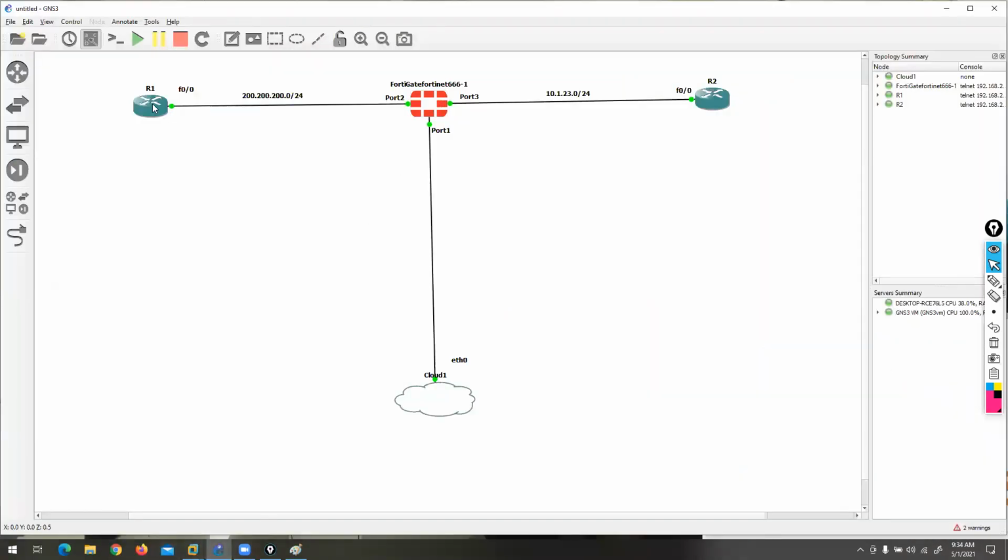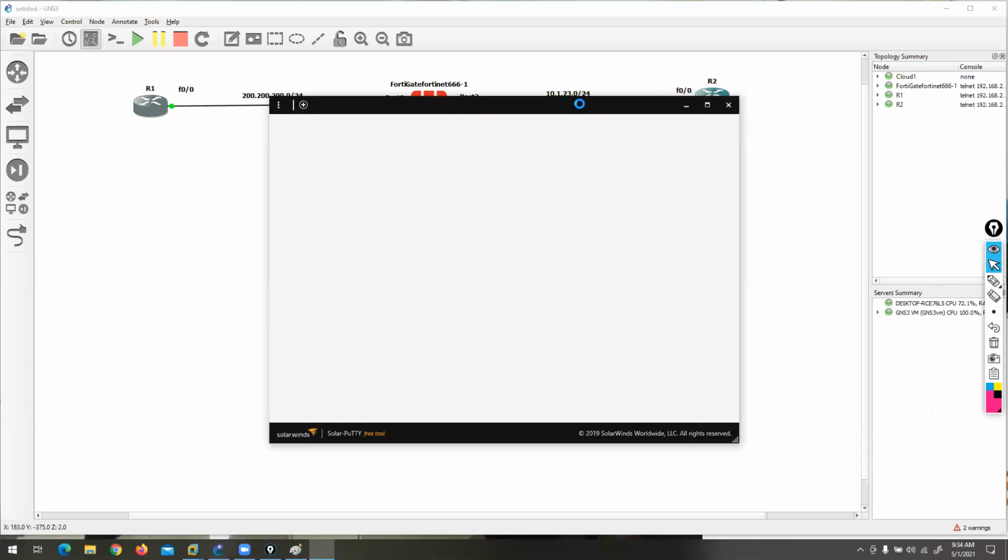I have a topology like this, and give me 5 minutes for basic configuration, IP address and routing. Then we can move to the NAT option.